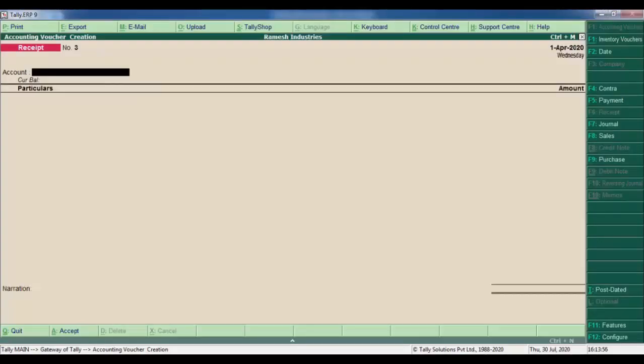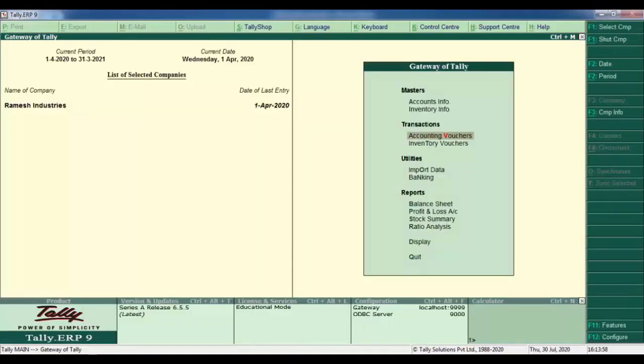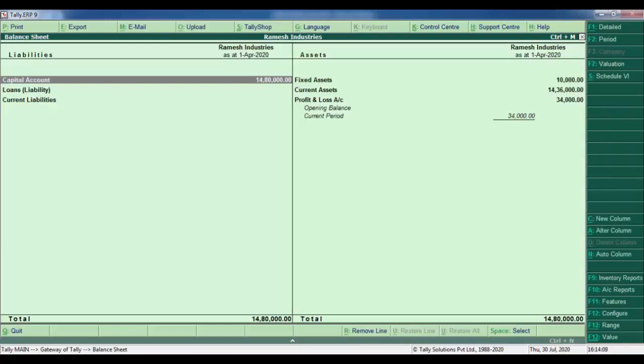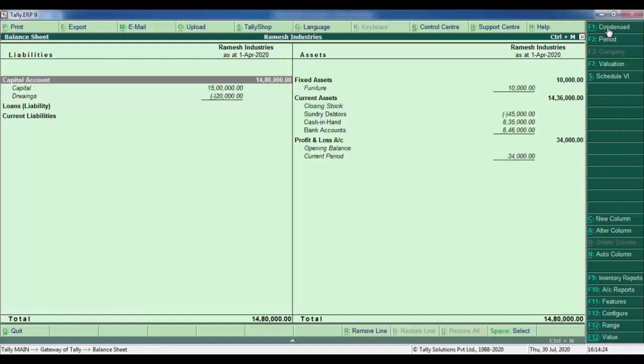Get back to Tally ERP9. Press escape. In the gateway of Tally, select balance sheet and press enter. The total amount is 14,80,000. For the detailed information, press Alt F1 or click on the detailed button in the shortcut keys panel.